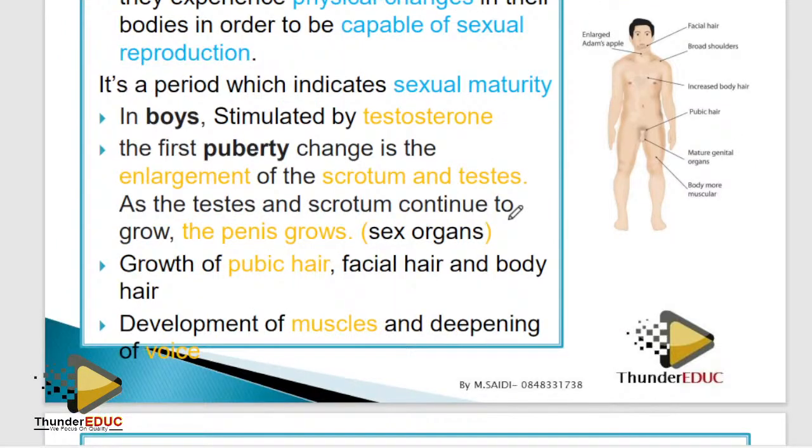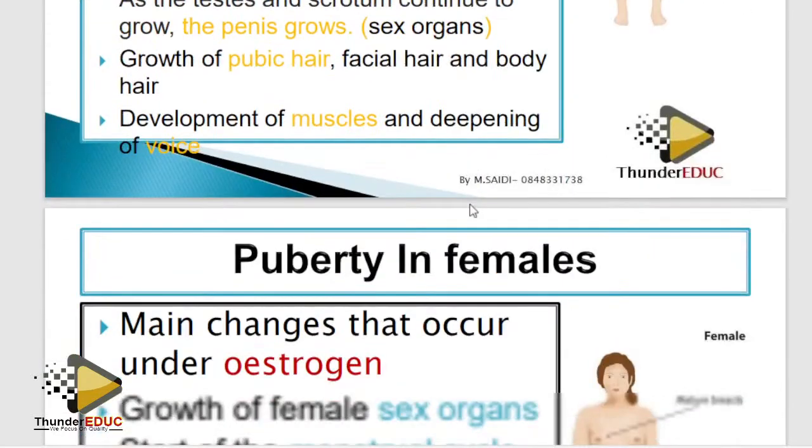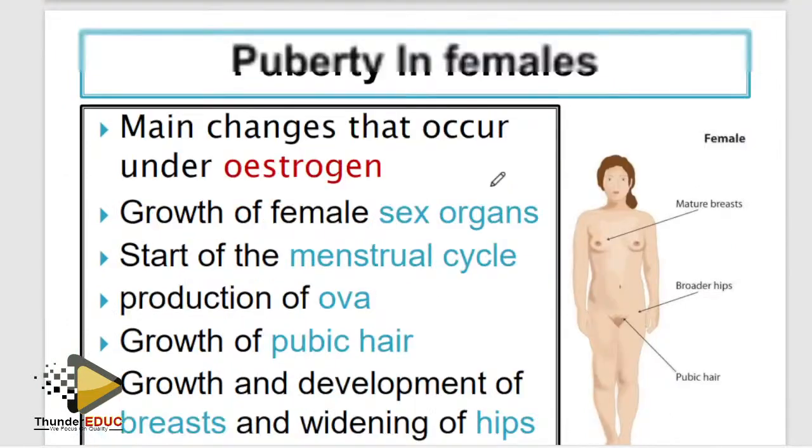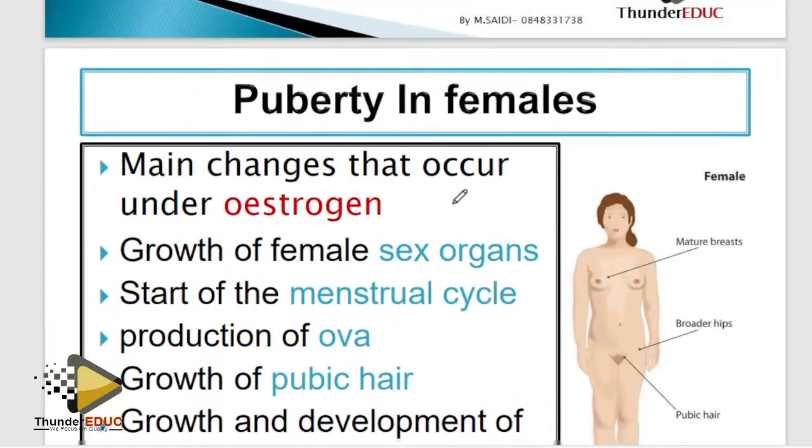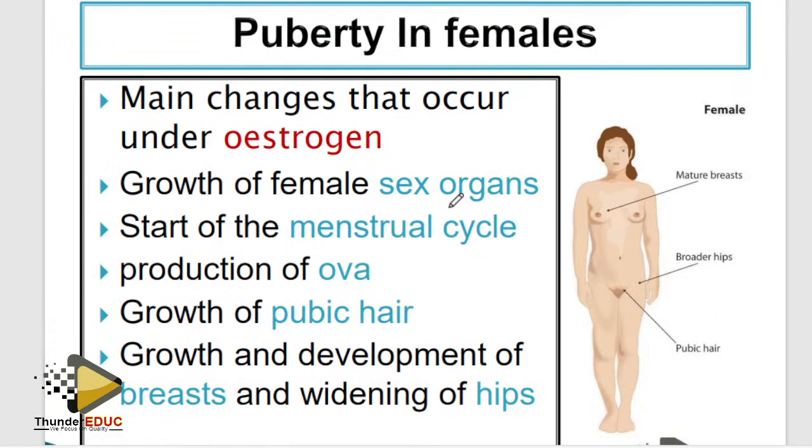Done. Puberty in male, I am not going to explain that. What you need to know is which hormone is responsible for maturity, which is called testosterone. Please don't ask me whether spelling matters. Definitely spelling matters. Please don't ask me that question because I won't answer it. Female reproduction, puberty is caused by estrogen. So, done.